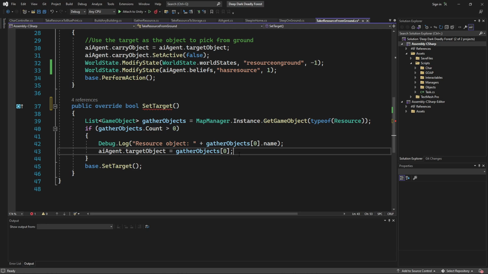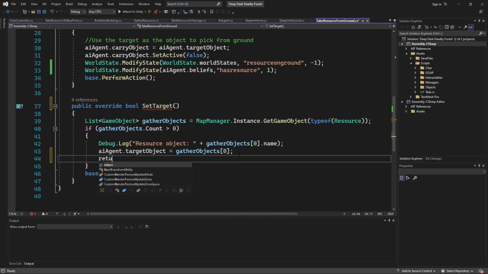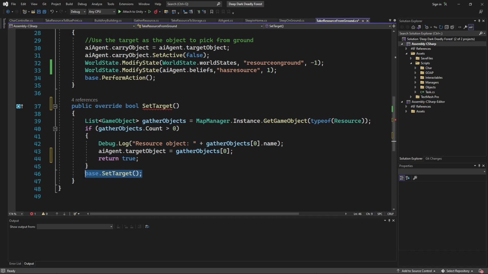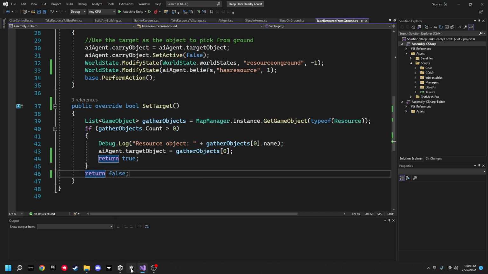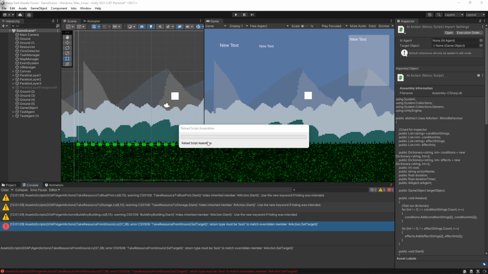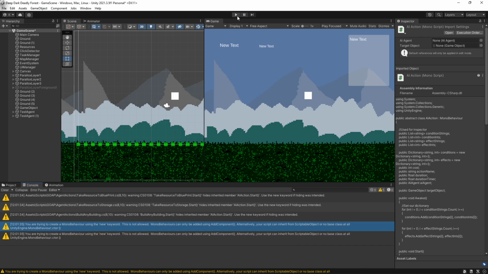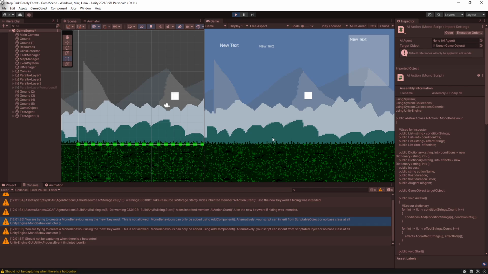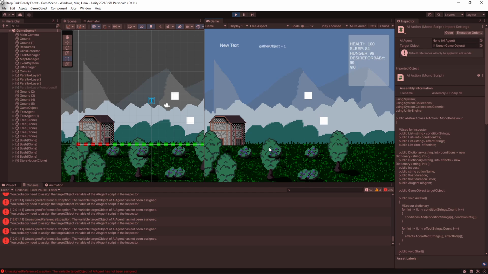Return true, then this will return false. Okay. It would be great if this works, so we can have more than one agent. We will see. Alright, we're still getting a bunch of errors.